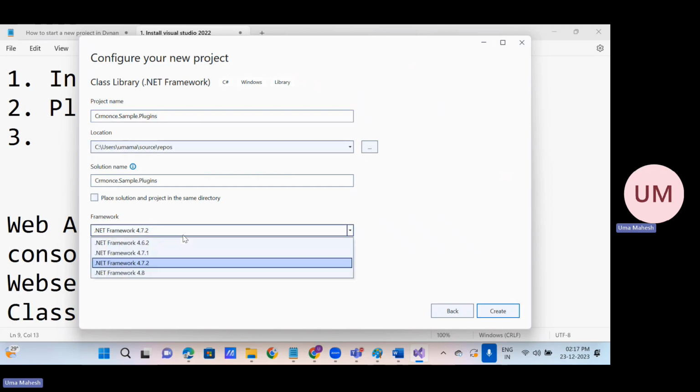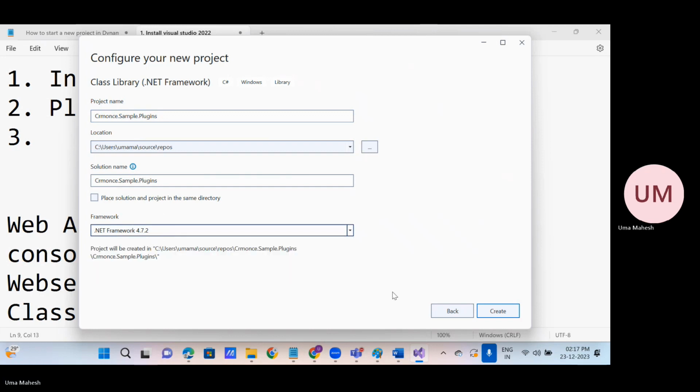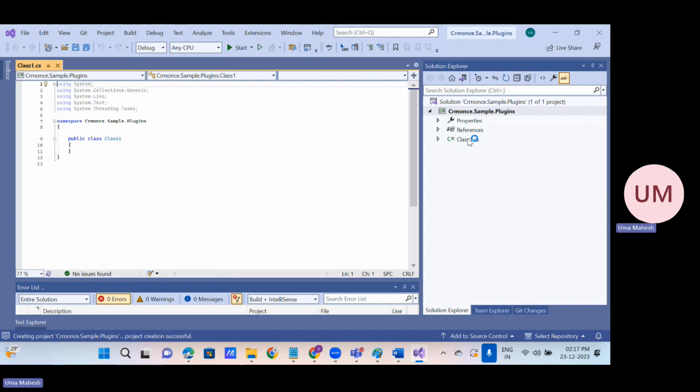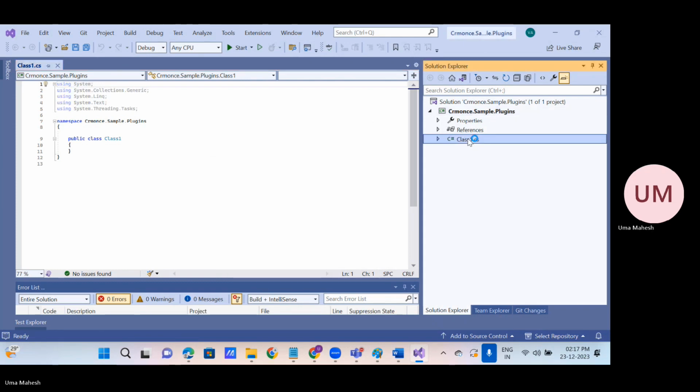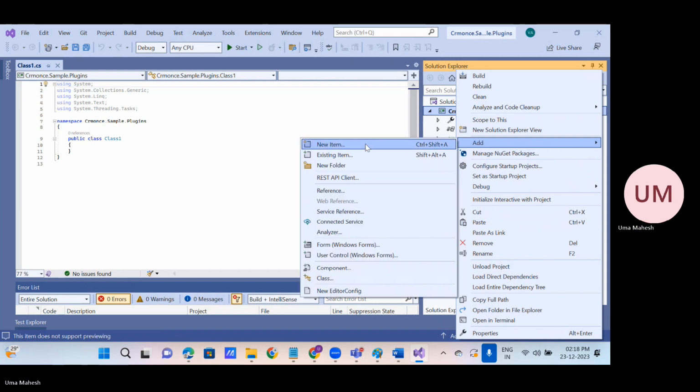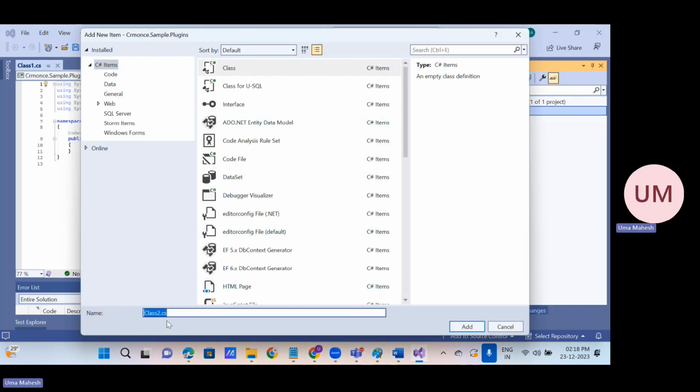Then once we have that, the .NET Framework. Currently I'm taking 4.7.2. When I create a new project, you will get a default class. You can either delete this one or rename it. Okay. If you want to add a new plugin class, add a new item, or you can directly take class. So the class name I'm giving